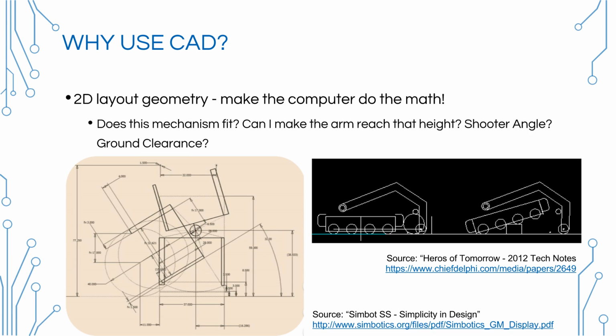And then third, or additionally, on the right here, you see the 2012 robot from Team 67. They almost don't do 3D at all there, but they were able to come up with this amazing do-it-all arm just from their 2D CAD relationships and just coming up with sketches. Yeah, the key point here is that you can get so much done just by doing scale models, making sure that everything fits in the right location, and making the computer do all the math